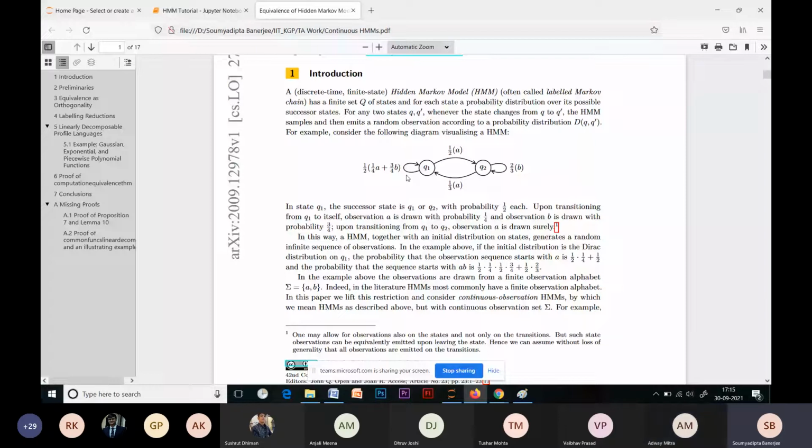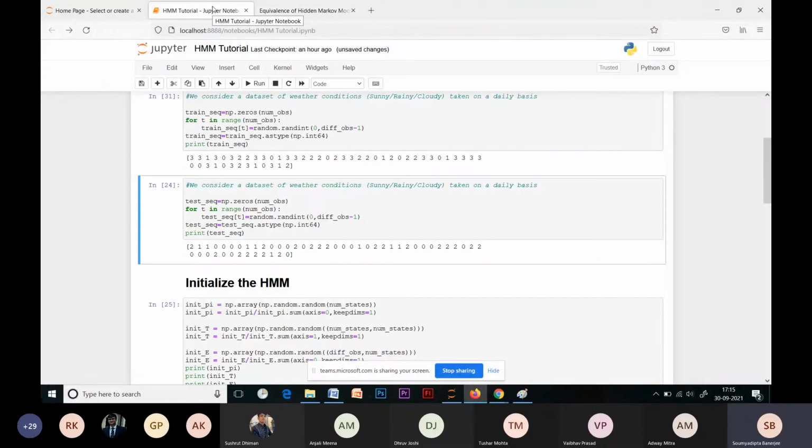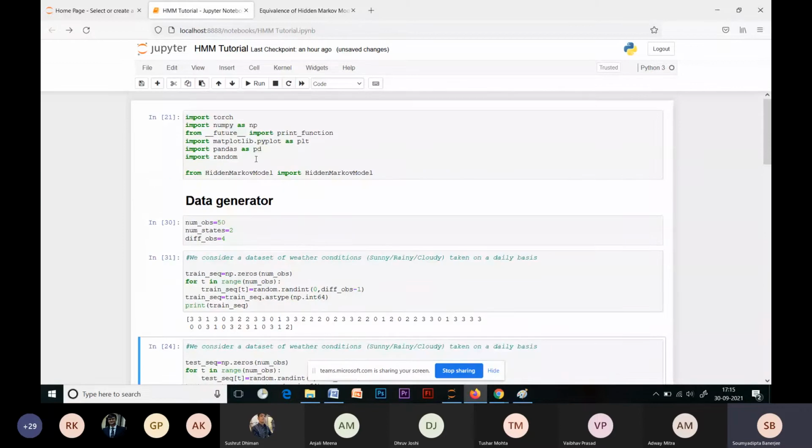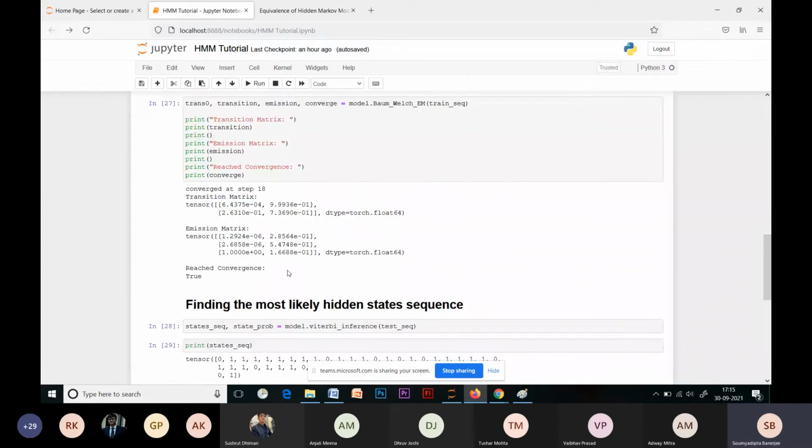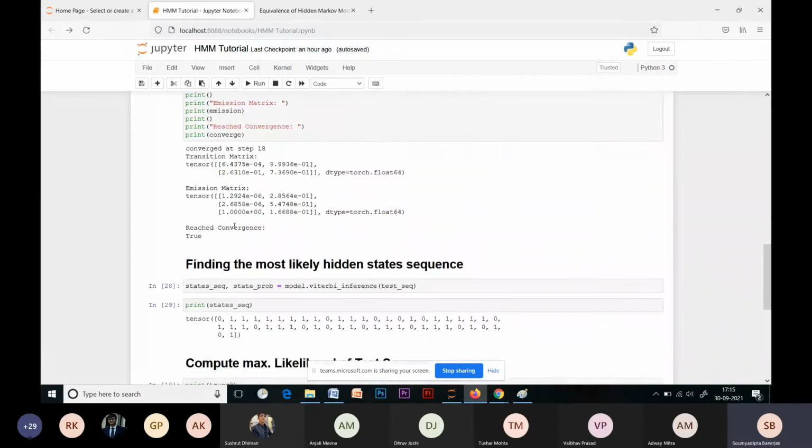Okay, sir. So that is another area, but this is basically the point which I wanted to drive home to all of you. Here we have seen how we can train the Markov model and how we can use the updated, optimized parameters for predicting and forecasting. So that is all from my side regarding the HMM demo. If you have any questions, I would be glad to take them.